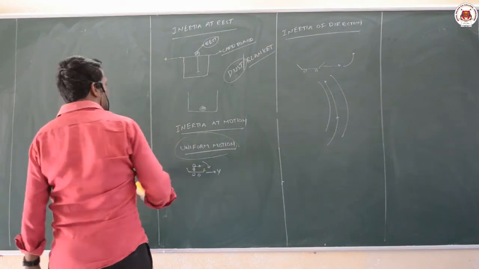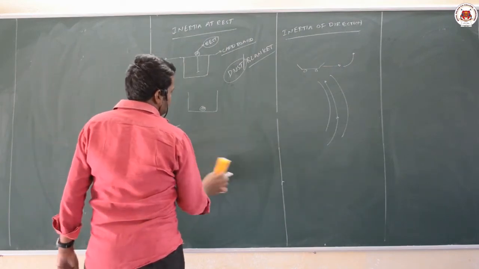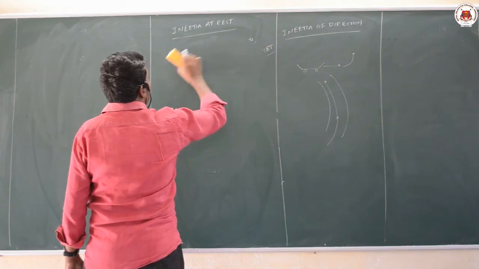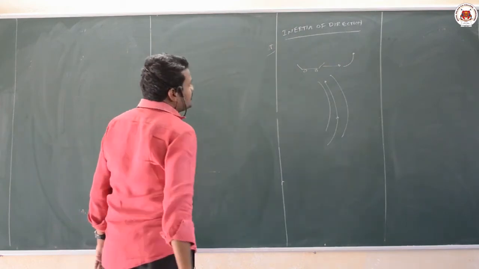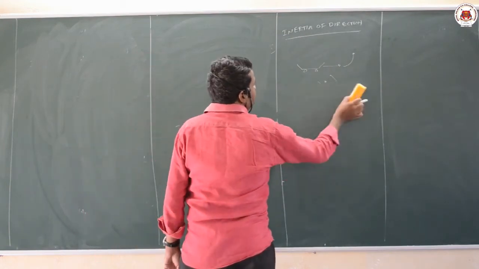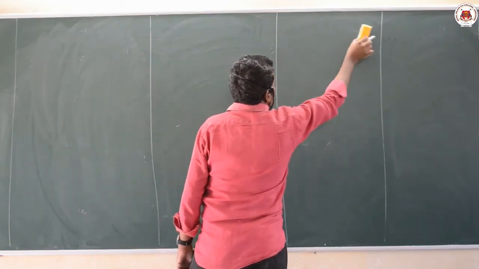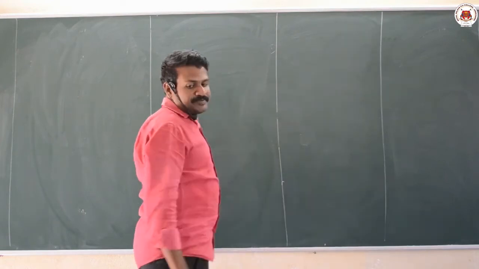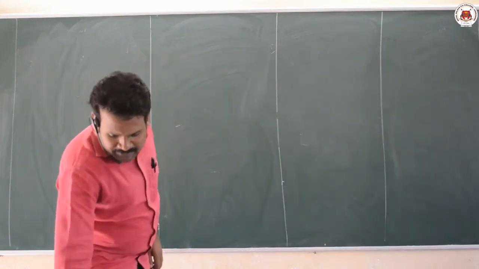And inertia we already studied. Then what is the measurement of inertia? How we will measure inertia? Mass is the measurement of inertia. If mass is more, inertia is more. If mass is less, inertia will be less. And next is